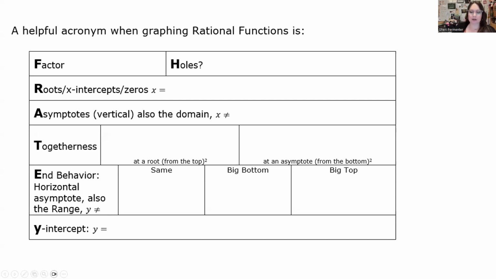I don't even know that it's an acronym, because I think an acronym is a word, but I don't think this is actually a word. But in any case, maybe it's called a mnemonic device. Maybe that's what it is. But we are going to learn about Baharete. And this is what we use when we graph rational functions to help us remember all the pieces that